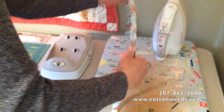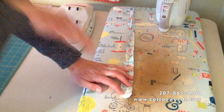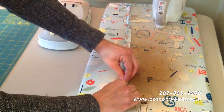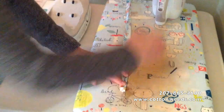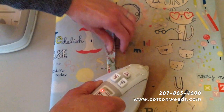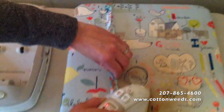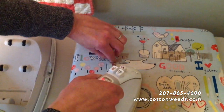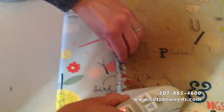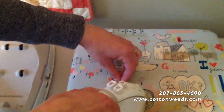We're going to use that to do the next step where you unfold it, and we're going to now fold both sides into that center crease, like so. If you have a bias tape maker, that would help with this step, but if you don't, we are folding each side to the center crease that we just made, and we're going to do that the whole length of the strip. So now that you have folded the